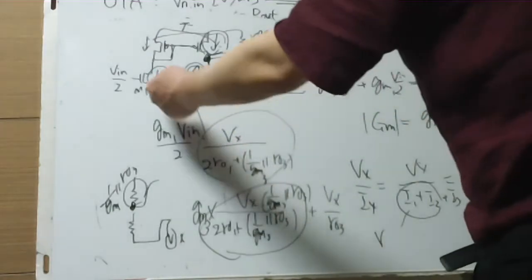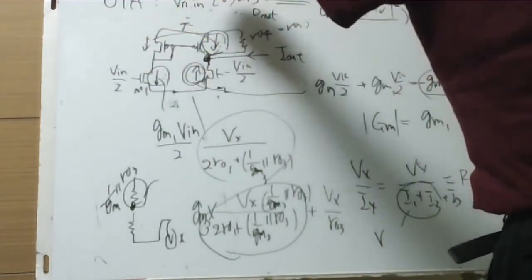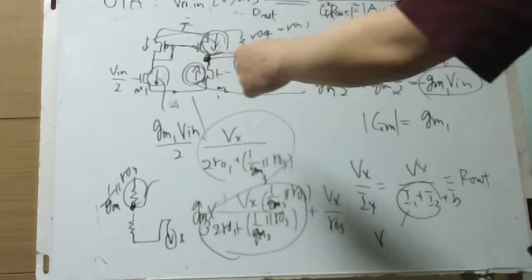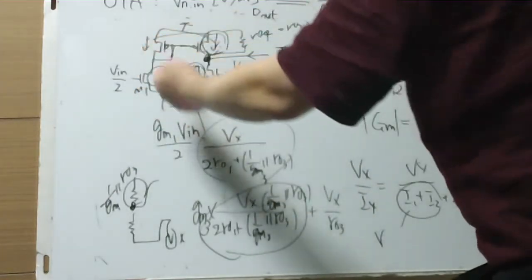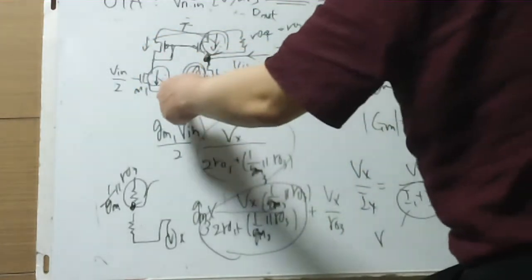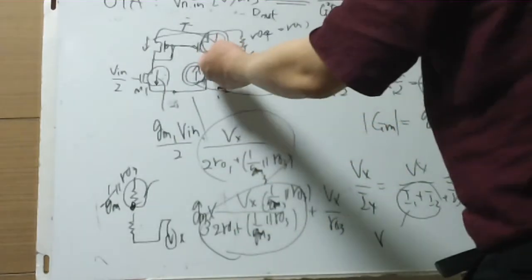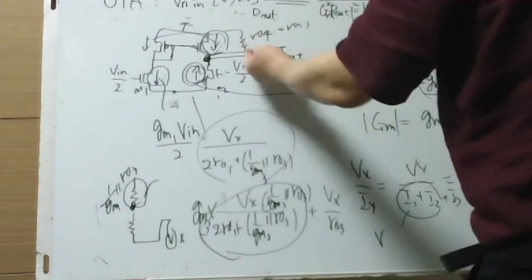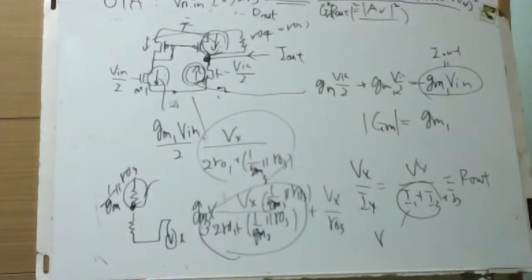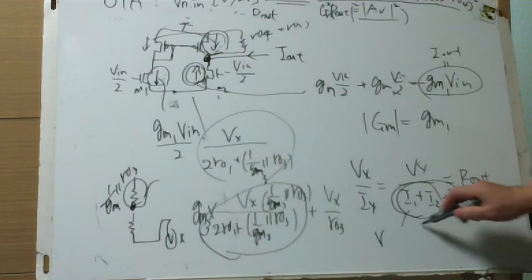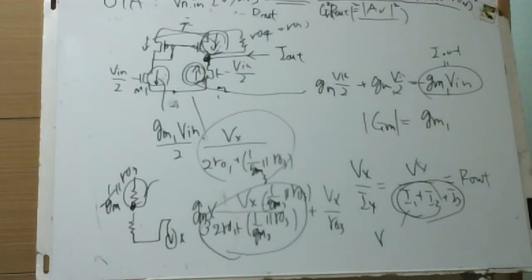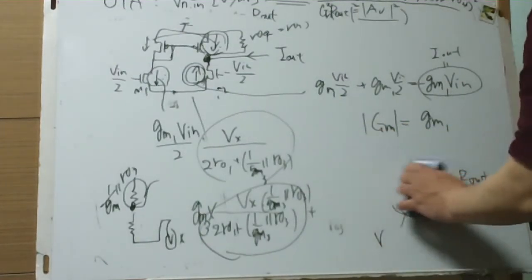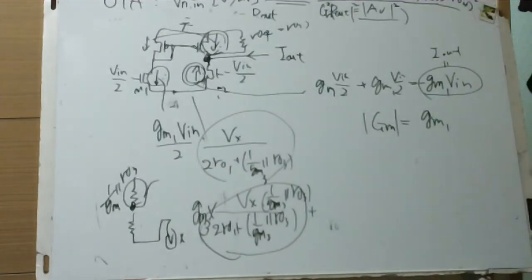This current plus this current is here, and this current is here, and this current is here, and this current is here. So this added up, all added up to this. Okay. So adding all these,